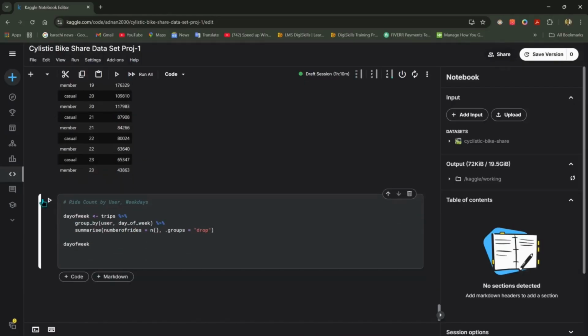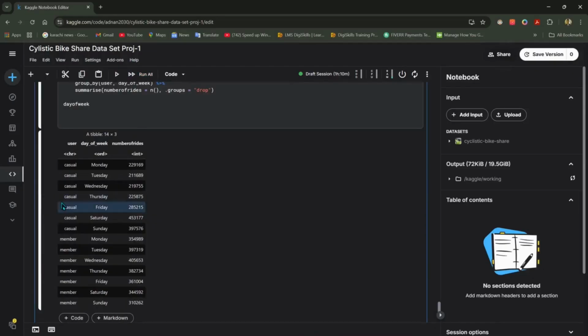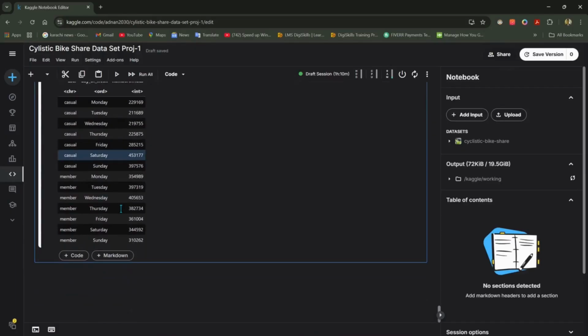Let's see what happens. As you can see, we have total number of rides by days of week, Monday to Sunday, for both rider types. Okay, so now after calculating the weekly ride distribution, we are going to